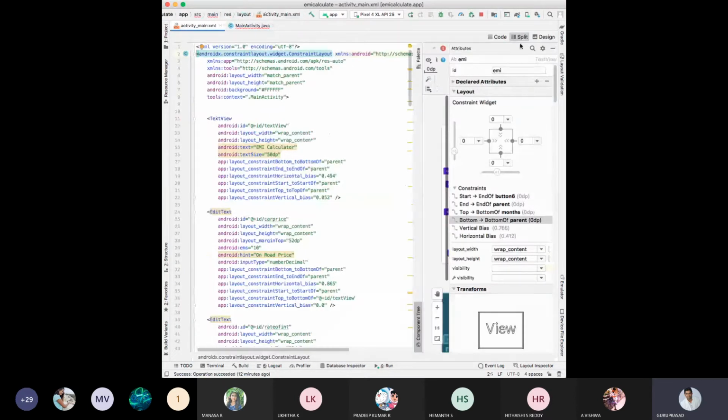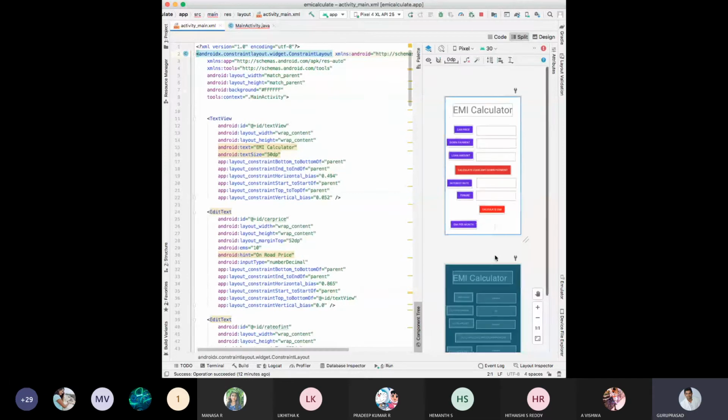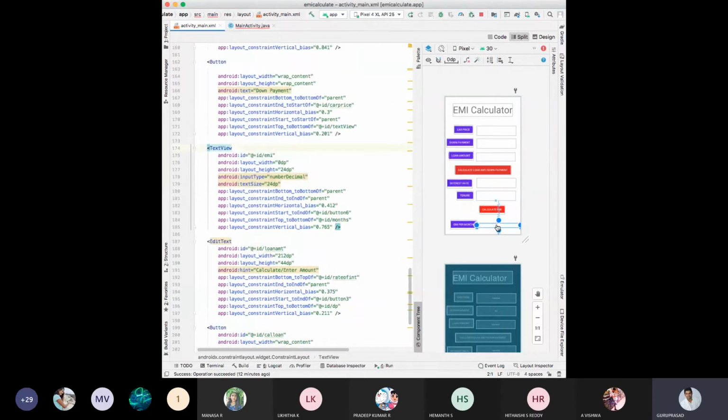Where is the text view? So click on the EMI.